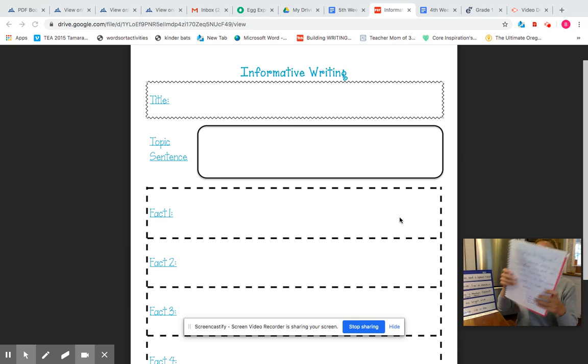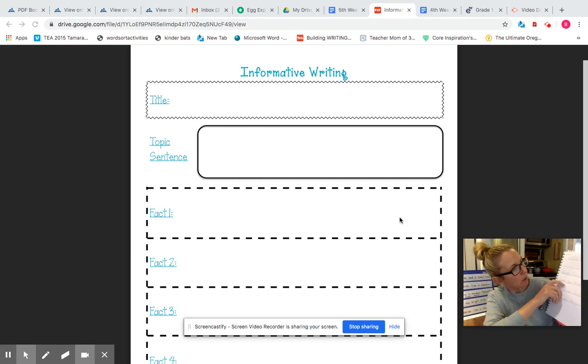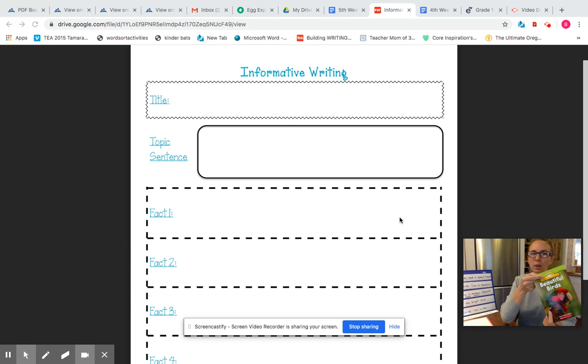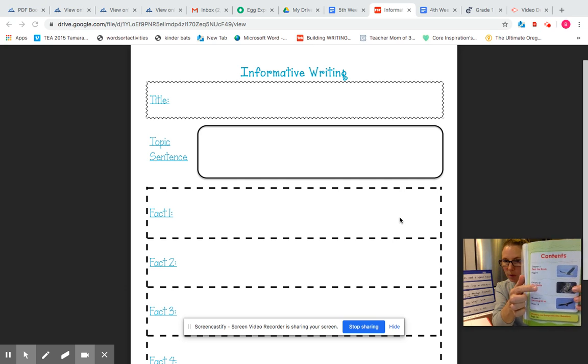So, my very first chapter was called, here's this table of contents. It says, Chapter 1, Where Do They Live? See that? It said, Where do they live? So I really took a cue from this author, who is a professional writer of information books. And I noticed that they had their table of contents, and it listed what the 3 chapters would be about.